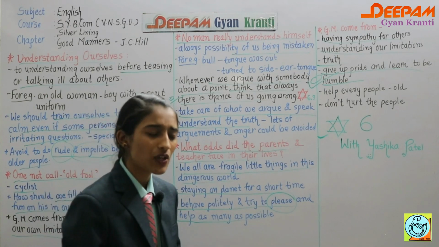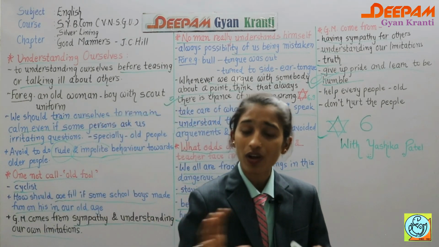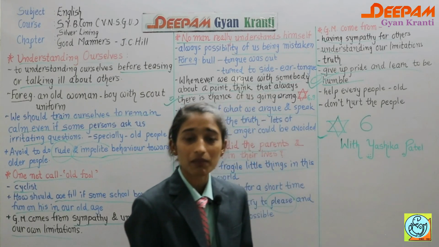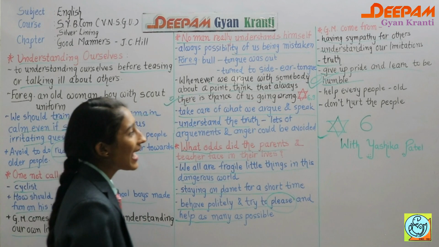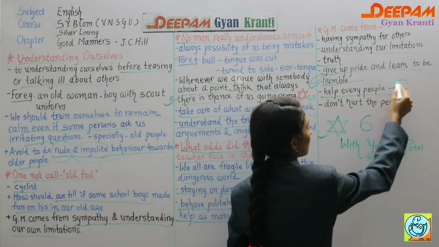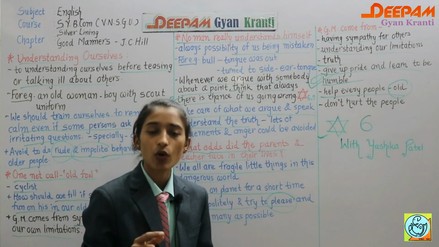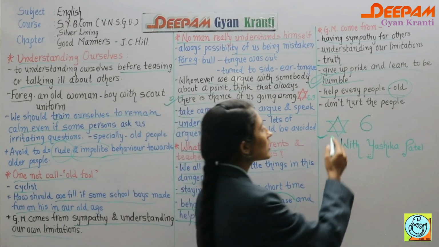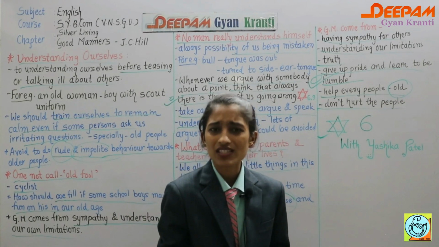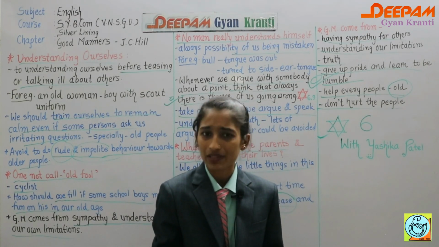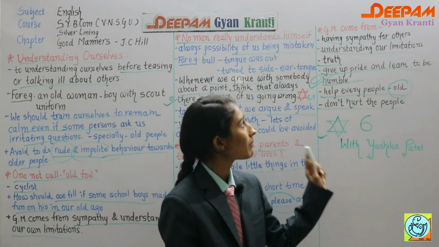That's why it is said, we all are men, but we have to become human beings from men. We are all beings, people, but we have to be human beings. Then help everyone, especially the old. Help the needy people, especially the old people, and don't hurt people. That is more important. In small matters, we hurt people by speaking or by our actions. So we have to remember that.